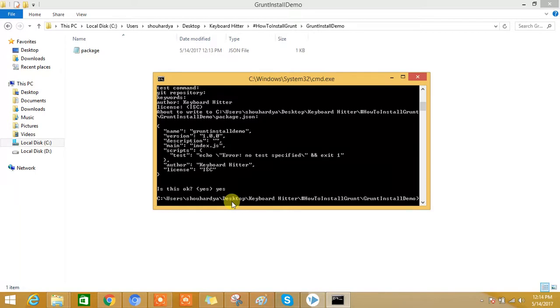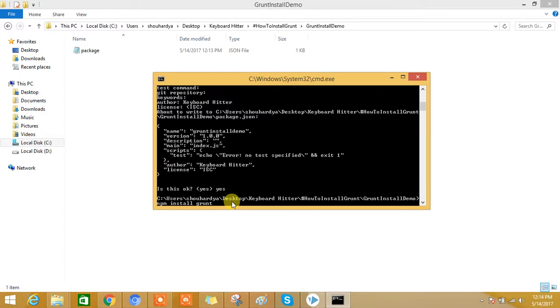Now the next step will be to install Grunt in this application scope. To do that, we'll use npm install again and then grunt. Now we want the Grunt dependency to be listed in the package.json file, so that in future we come to this folder or we use this package.json file from any directory and we execute the npm install command only.